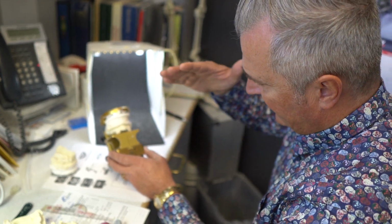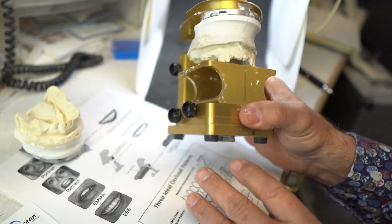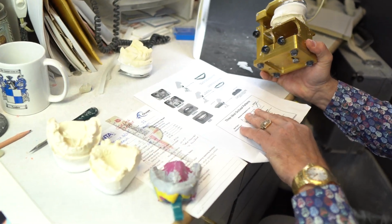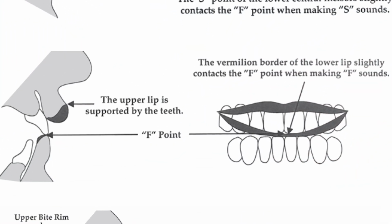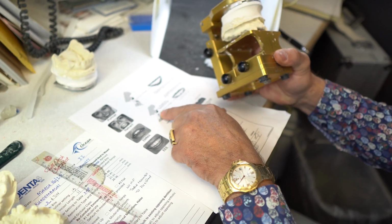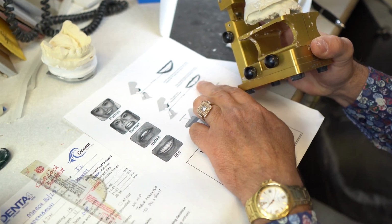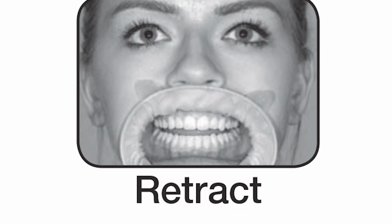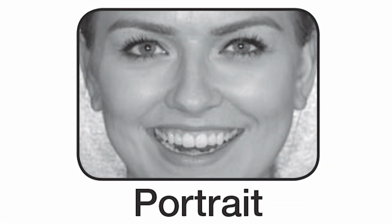So once we establish that level plane, keying off of the F point, we made a beautiful little chart here for these kind of cases. You'll see right here, this is how we describe the F point. It's an XYZ point, which means anterior posterior, incisal length, and or left or right. And in order for us to really figure out what that is, we need these 4 picture protocols, because ultimately we want to see what the nice natural face looks like